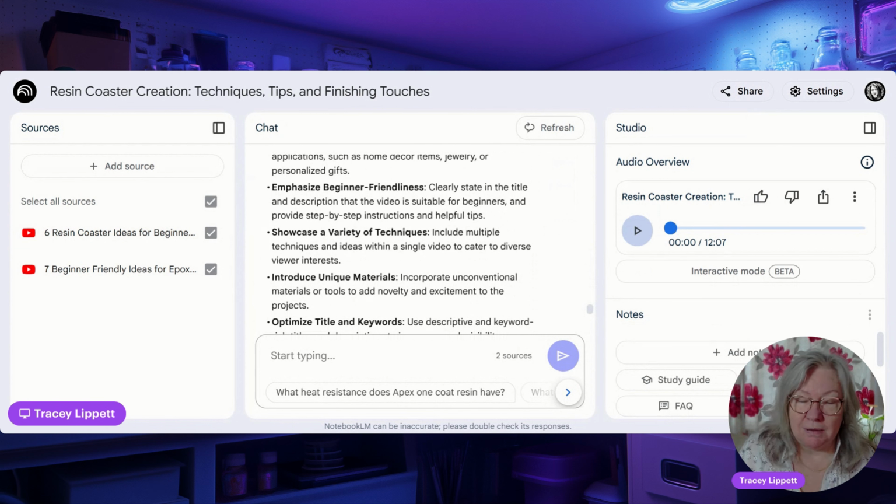Now for the fun bit. Let me just show you something. This is what it's been doing over on the right. So listen up, folks. I bet people are using this and releasing it as a real podcast already. I think you can change the voices and things. Honestly, I haven't played with it yet because it's something I won't be using. But this is amazing. Let me press play for you.